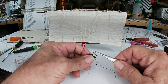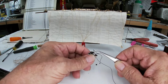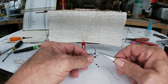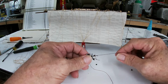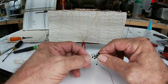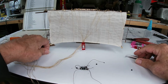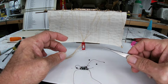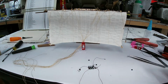Another knot broke, and I said, all right, let's bring it over to the bench and see if we can tie some leads on to the beads and salvage it. And the more I worked on it, the worse it got. So we're going to strip this and start all over again from scratch